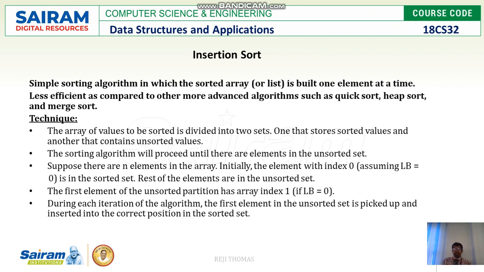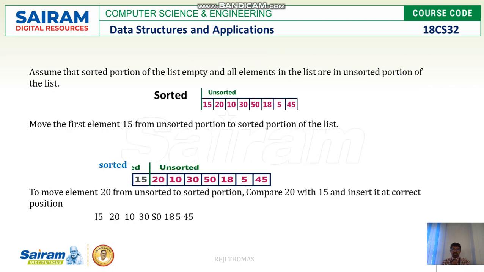During every iteration, we pick one element from the unsorted array and place it in the sorted one. But when you take it out, you have to see that the element just picked up is inserted in the right place in the sorted one. Let me repeat. The given elements are divided into two parts, sorted and unsorted. We pick one element from unsorted and place it in the right place in the sorted array. Let us have a look at how it works.